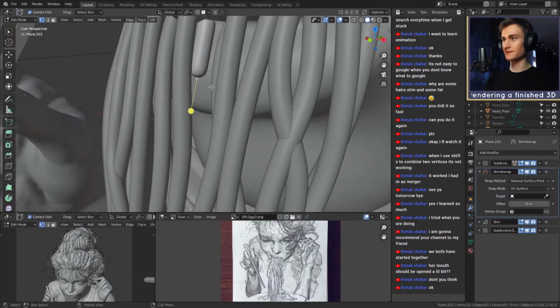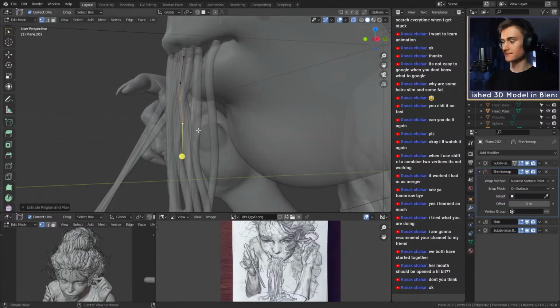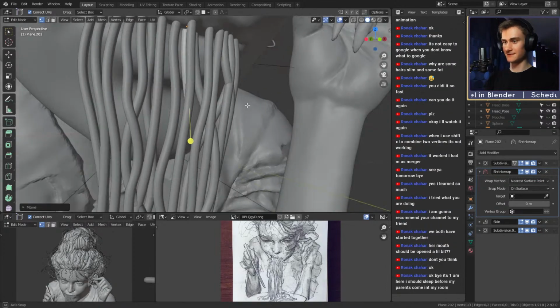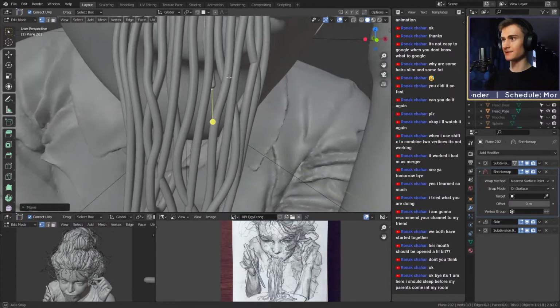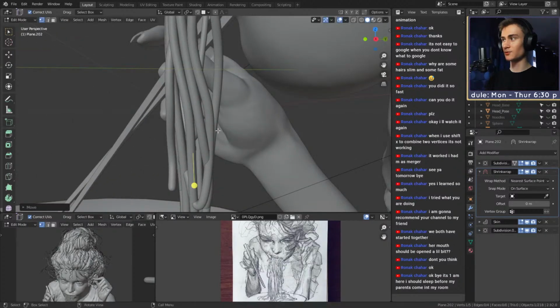Yeah, perfect. There you go. Just create more three-dimensionality. Okay. Move this down. I want to fill this up a little bit more so that it